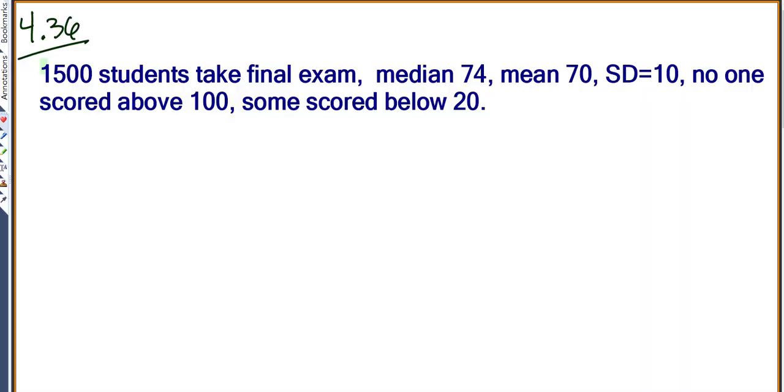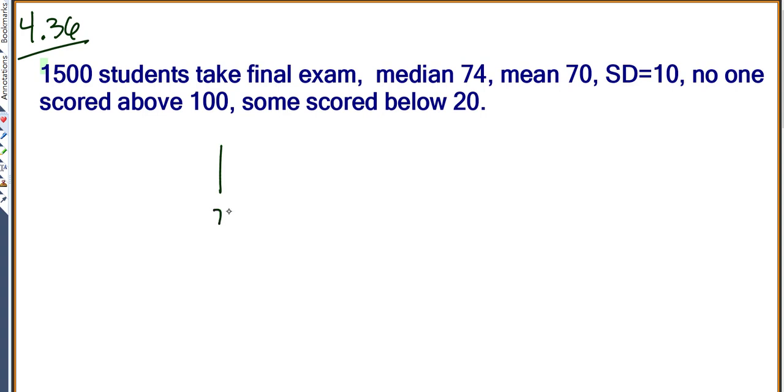In 4.36, we're told that there's a class, 1,500 students took the final exam. The median is 74, the mean is 70, the standard deviation is 10. No one scored above 100, some people scored below 20. So if we were to just kind of sketch this out,